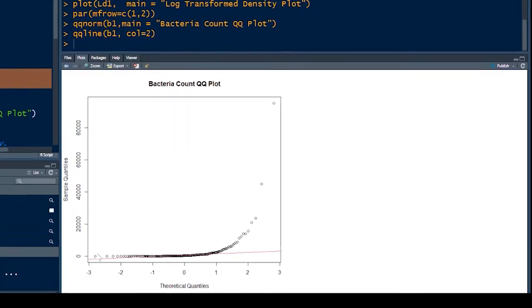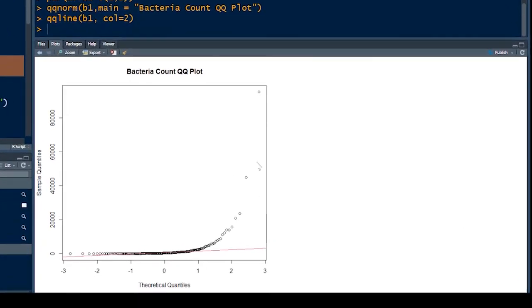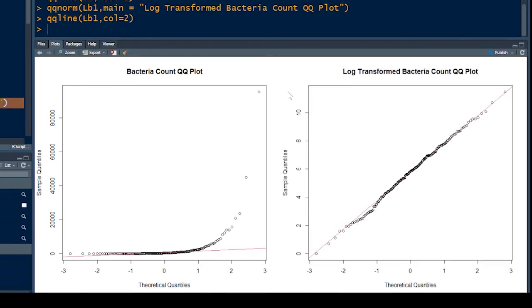What we see is the data goes this way. There's no straight line here at all. No relationship at all. But when I do my log transform set, then I get a nice straight line. See all these straight lines here?